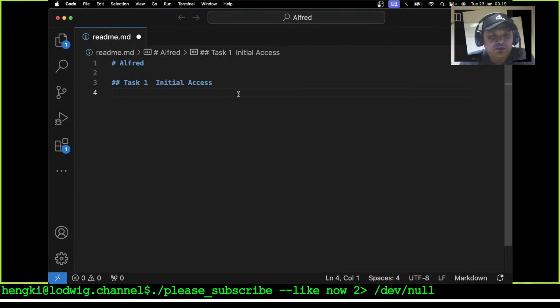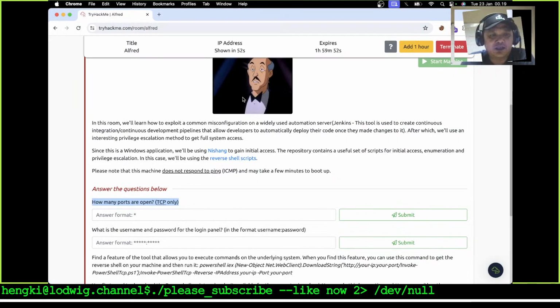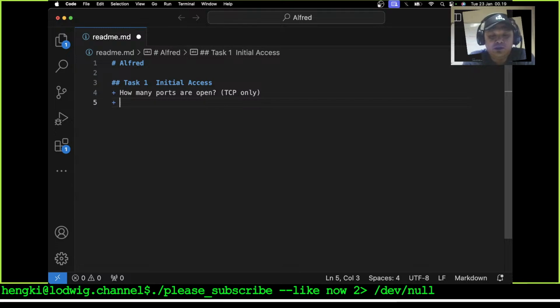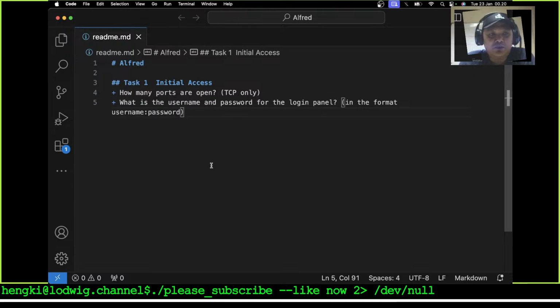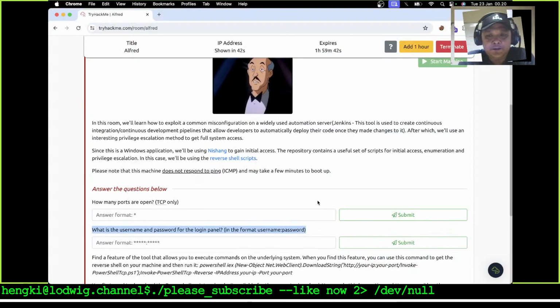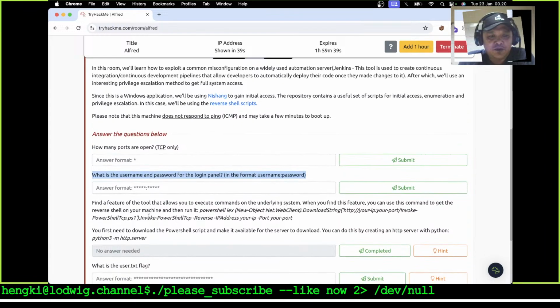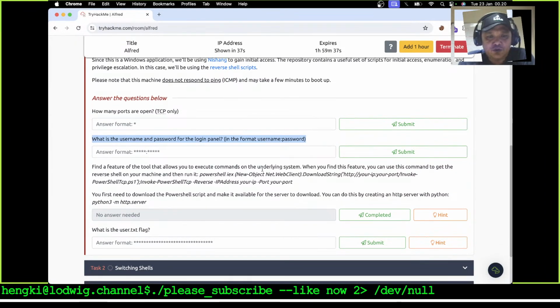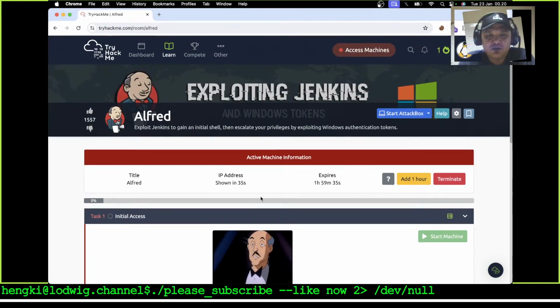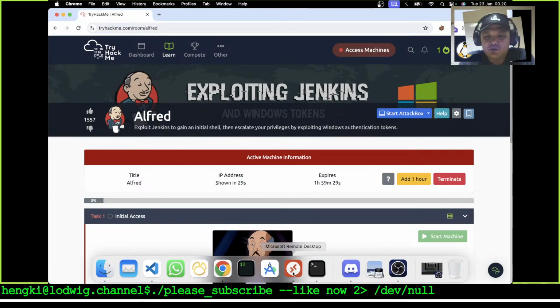It is TCP only, and let's create that here. What is the username and password for the login panel? So we got the username and password to check. Find the feature that allows you to execute commands. The first thing we need to do is turn on our VPN, and I will try to